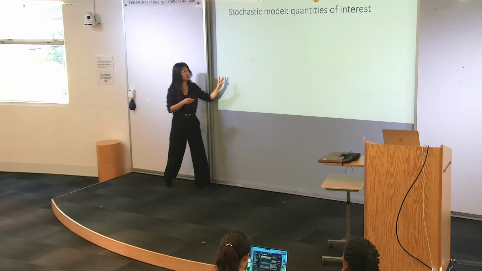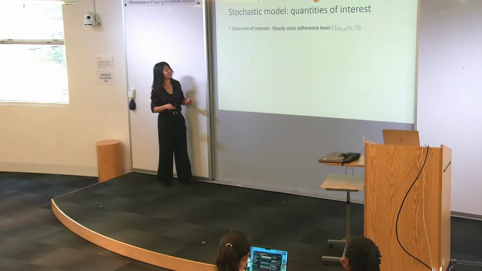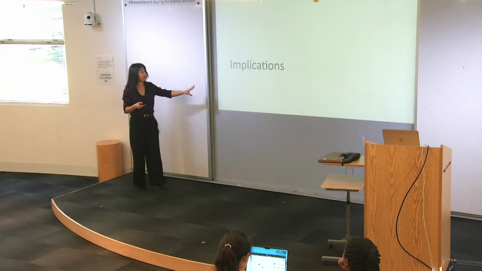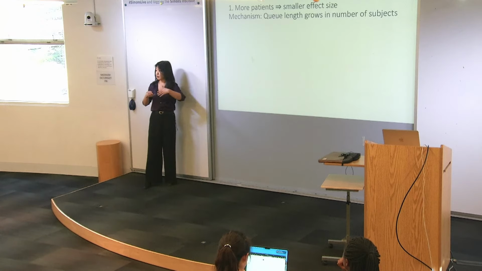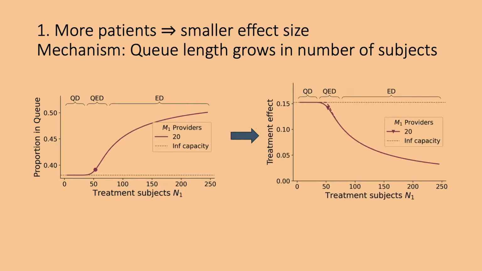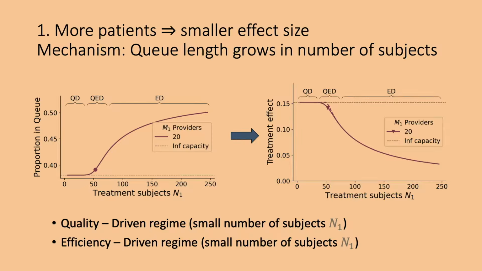All right, so let me start to go through some of the implications, and then there are some questions I'll come back to. Skipping some of this math, what are the main implications? Well, number one is that the more patients you have for a fixed capacity, the smaller the effect size is. This is coming through changes in the queue length, so the delays in the queues. Again, we see these two very distinct regimes. In the left regime the queue length doesn't really grow, and your treatment effect is relatively fixed. And then after a point your treatment effects are decreasing very quickly. So this is the main thing.